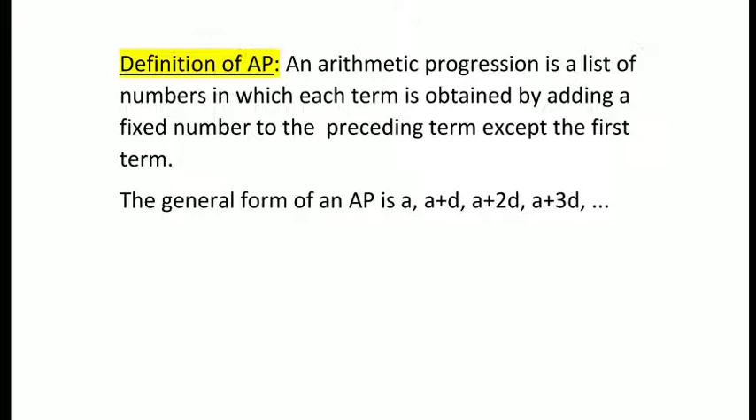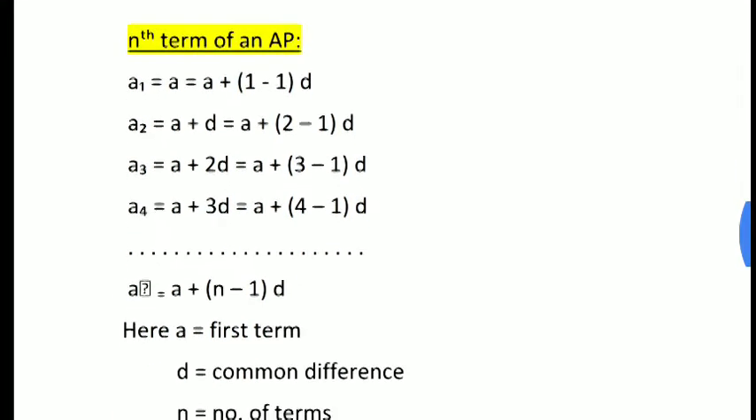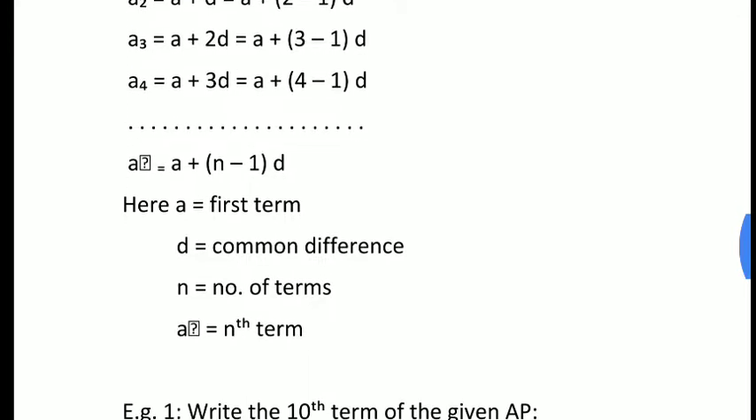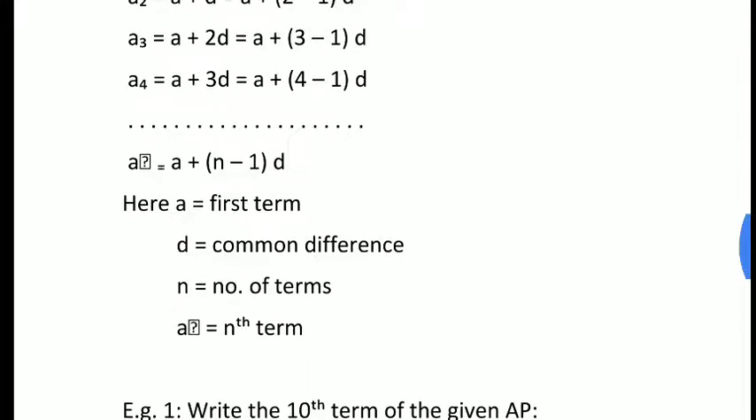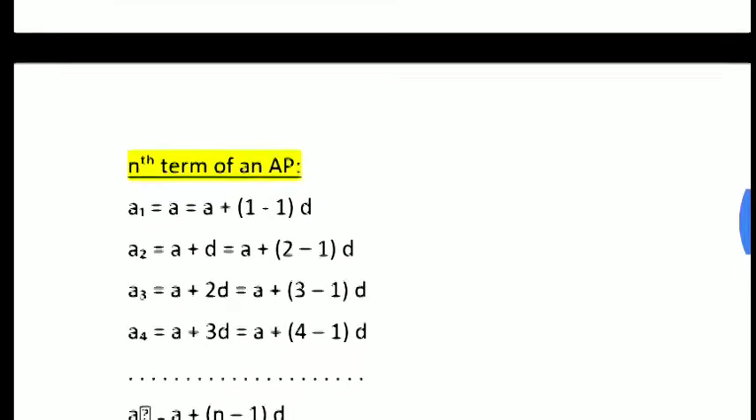Later, different formulas will also come in this chapter, and we use some symbols in this chapter. Generally, the first term is symbolized as small a, and the common difference is always symbolized as small d. So the common difference is small d and the first term is a. Besides these, a few more symbols also come. Let us come to know about the